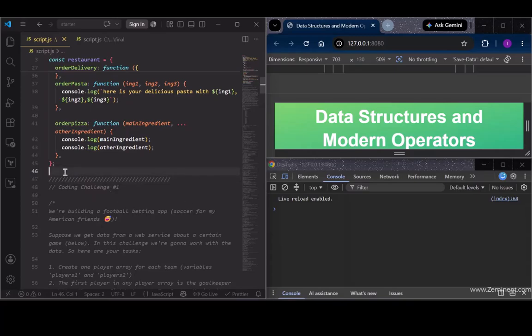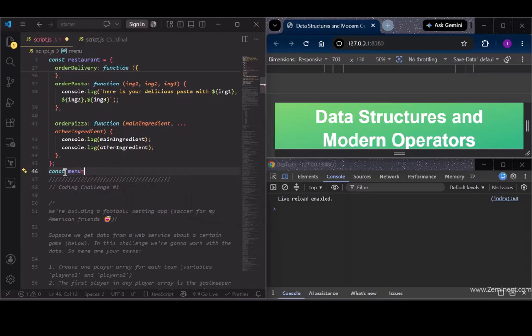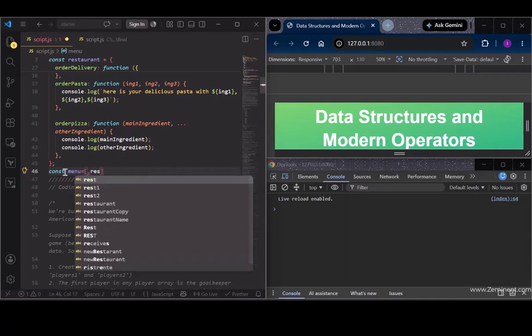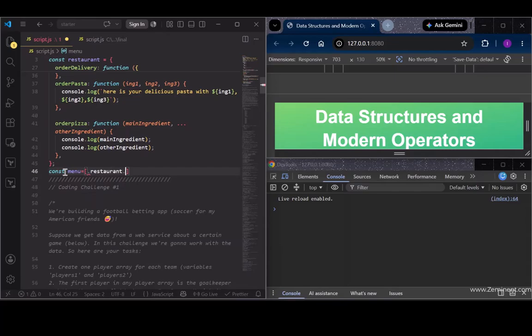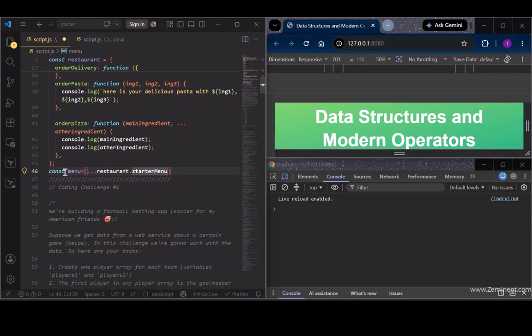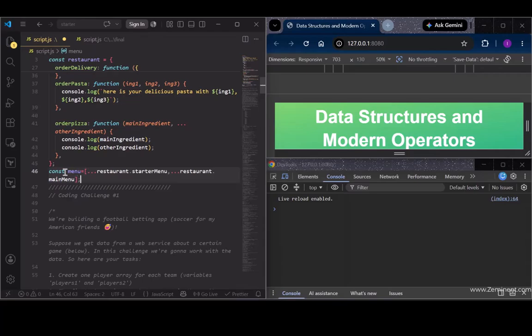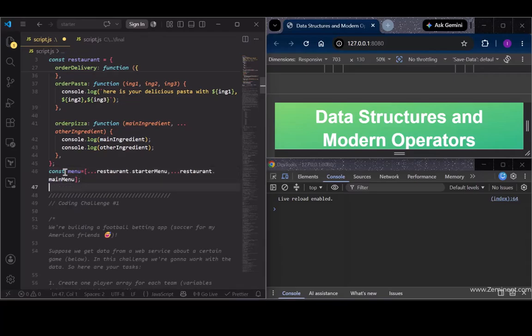So let me just write the code here. Let's say the constant menu. We are setting this to restaurant.starterMenu, and then here we are using three dots, right? And the same way here we use restaurant.mainMenu. And now you already know how to loop over this array with a regular for loop,